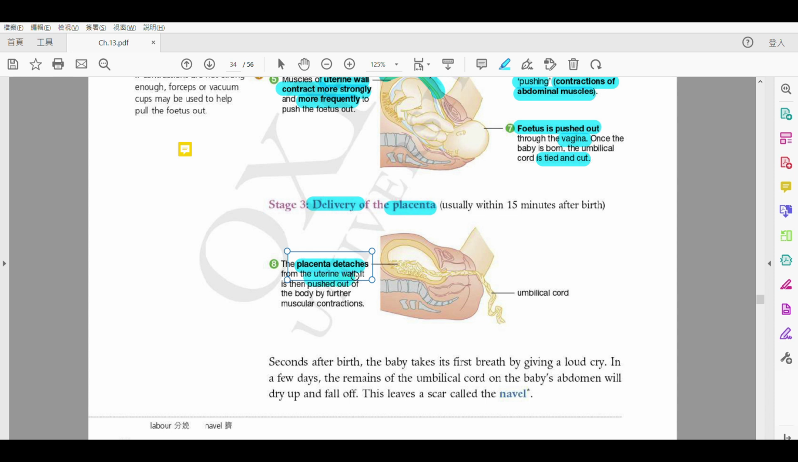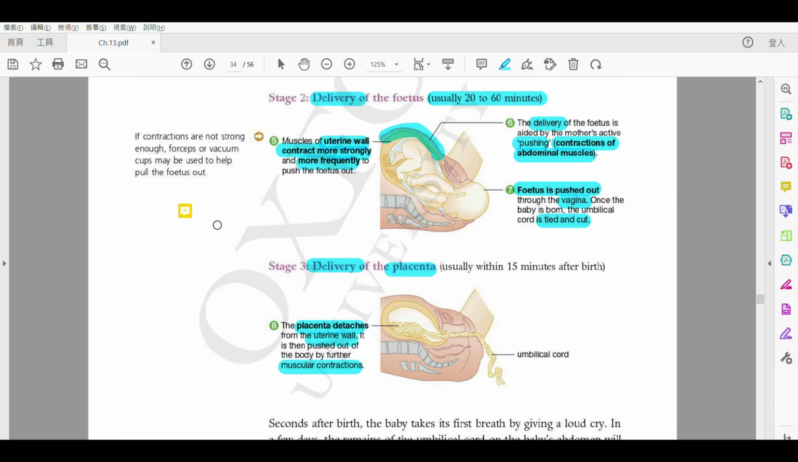OK，通常就 in case it is not cleaned up completely 啦，假如唔能夠完整咁掹到成個嘅 placenta, if we cannot take out the placenta completely, we may put a hand inside or use some other tools to help us take away the placenta，得唔得？咁正常嚟講啦，normally the mother will also push out the placenta after the baby is given birth，得唔得？by 一個 muscular contraction 嘅 muscle contraction 咁樣啦。